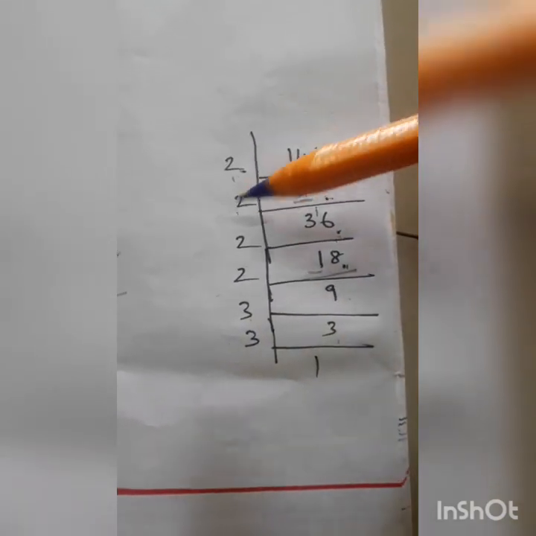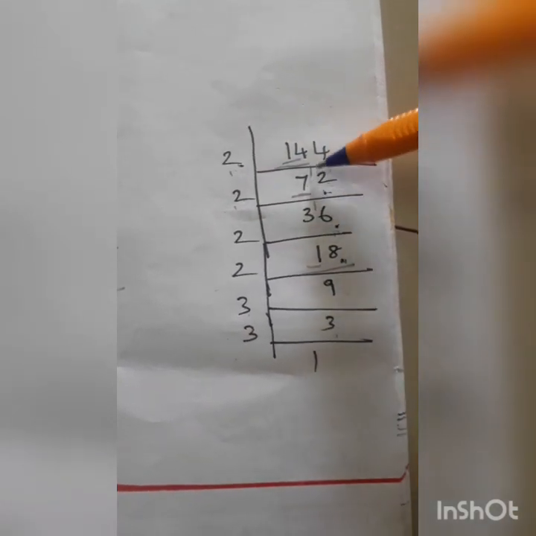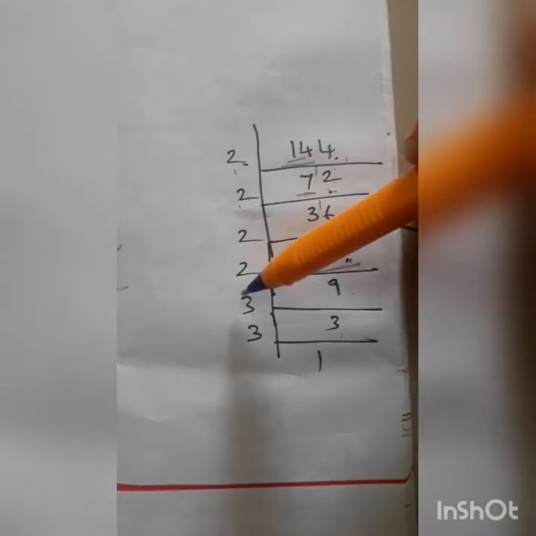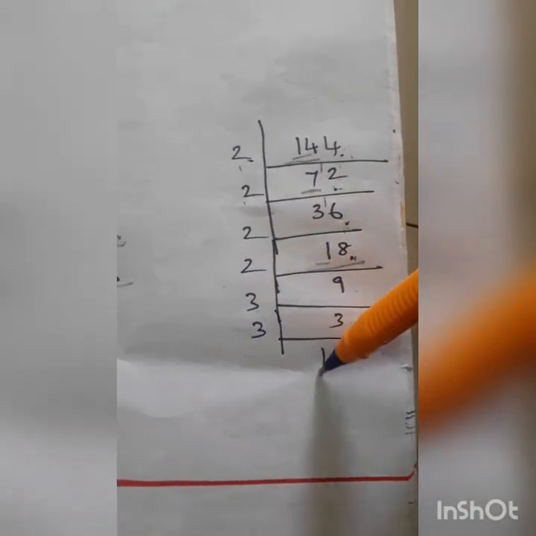3 also select, no problem. Now 2 table only, easy. 3 2s are 6. Remaining 1. 6 2s are 12. Again 1 2 is 2, remaining 1. 8 2s are 16. 2 9s are 18. 3 3s are 9. 1 3 is 3.